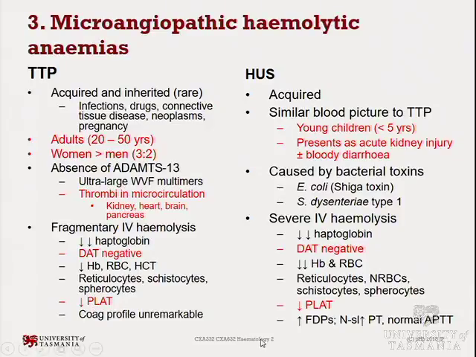But you can see that the coagulation profile is fairly unremarkable. So it's all about primary hemostasis, it's all about activation of platelets. The other thing to notice here is that it is mainly seen in adults and it's more likely seen in women than men. And the acquired forms of this condition are due to infection, so a lot of infections will actually